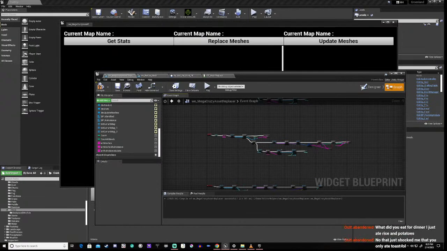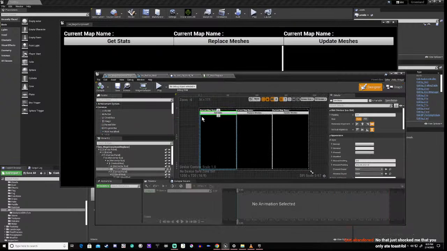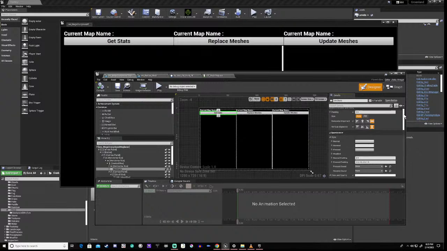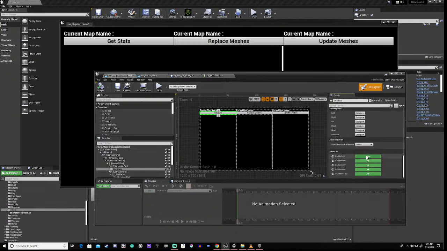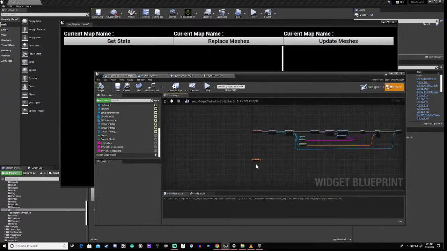Right, so what button is that? Button stats. So this is button stats.